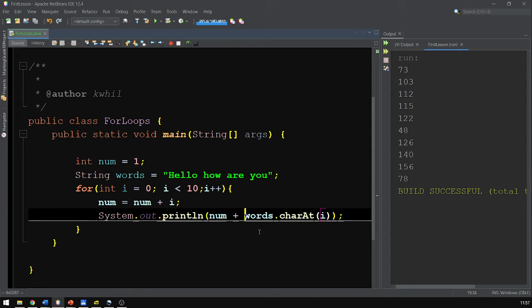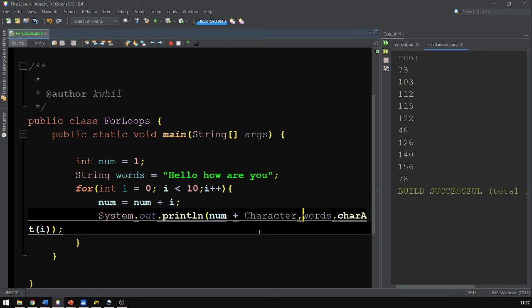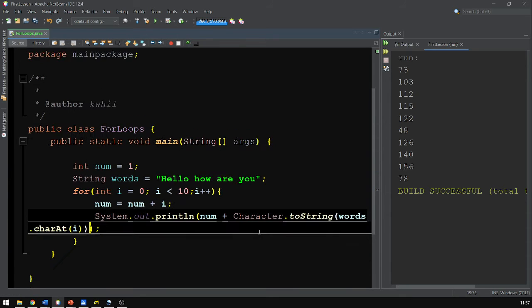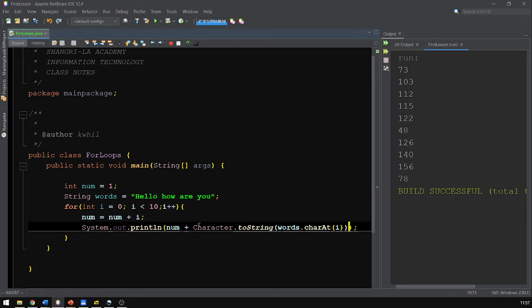Let's just turn it into a string. And so this character.toString just converts to a string. And so then we print out our H, E, L, L, O. And so it's just jumping through each time. And that's basically the nice thing about for loops, is it will specifically do that, or will go a specific amount of times. Just going to get rid of this so we can do another one